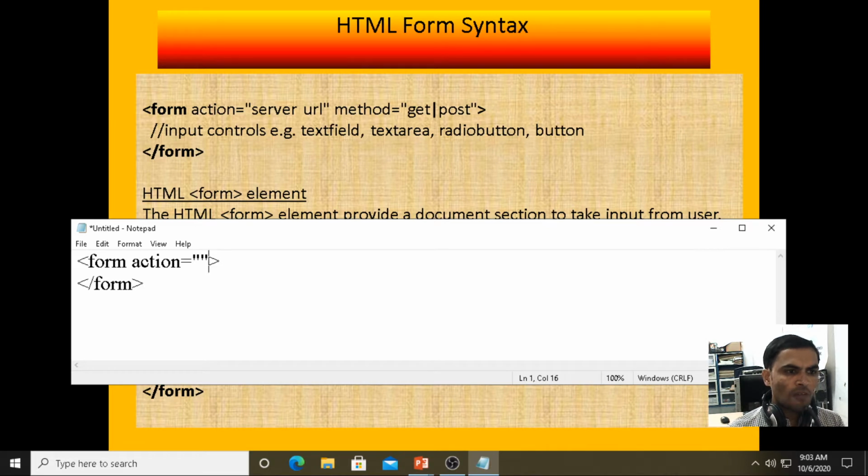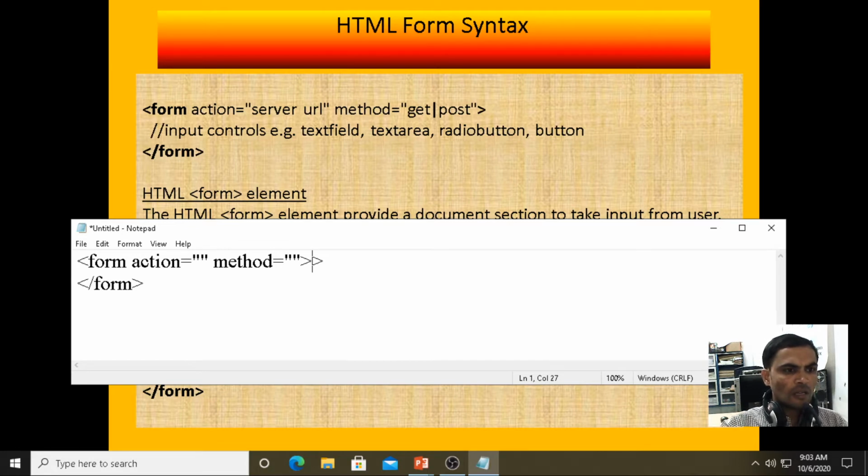Now form action. Then we have one more attribute, the method attribute. By default it takes the get method. If you are using or not using the method, it takes get as the default. We have two methods, get and post. Post means if you want to insert: when you fill in the information under the form and want to store it in the database, at that time we take method equals post. So we have two attributes under the form tag.